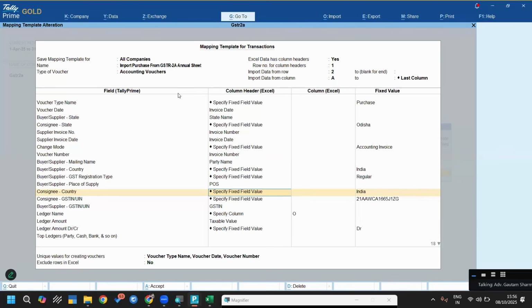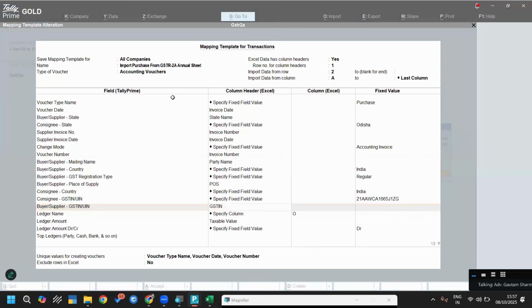Consignee country means our country. So that is for the Tally company where we are going to import all these things. So fixed field value India. Then the consignee GSTIN or UIN, that is our GSTIN. Then the buyer supplier GSTIN or UIN, that is this one,